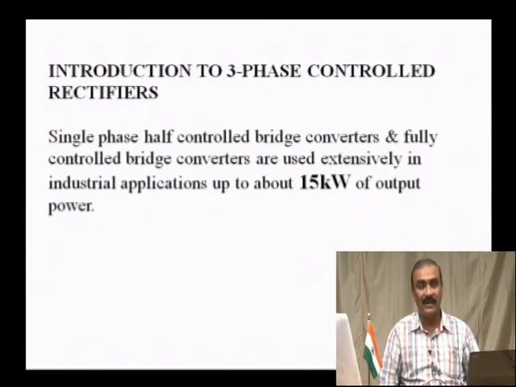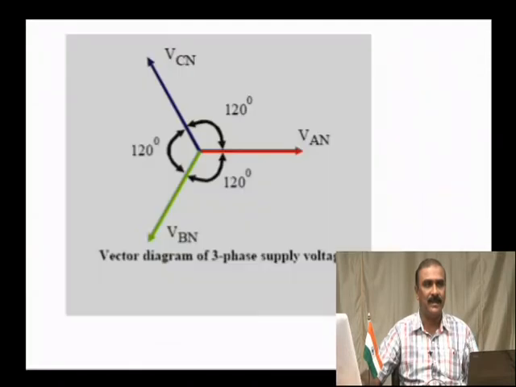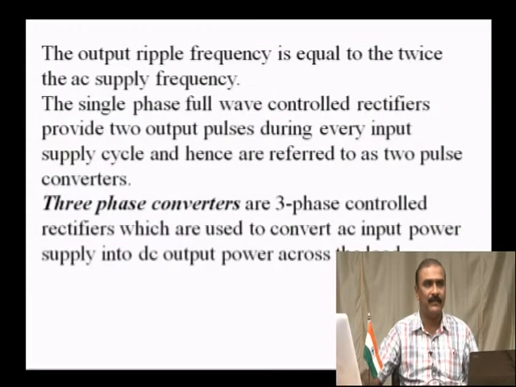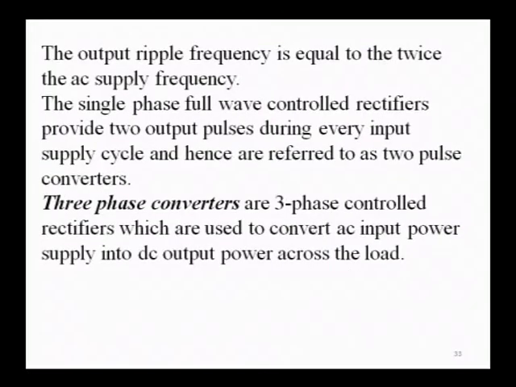What happens if the power increases? Yes, there is a solution, you can go for 3-phase, right. So this is a 3-phase one. And of course, in the earlier case we assumed its output ripple frequency is equal to twice the AC supply frequency, and a single phase full wave control rectifier provides 2 output pulses, whereas your 3-phase converter produces 3 pulses in one cycle. Okay. 3-phase control rectifiers are used to convert AC power to DC output